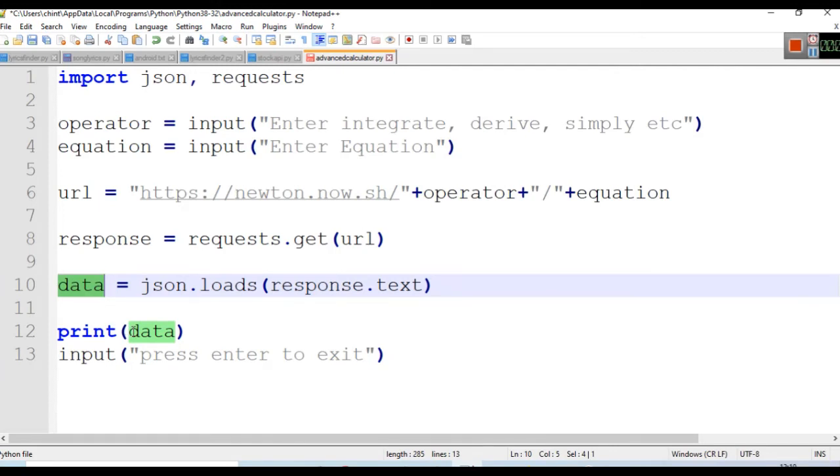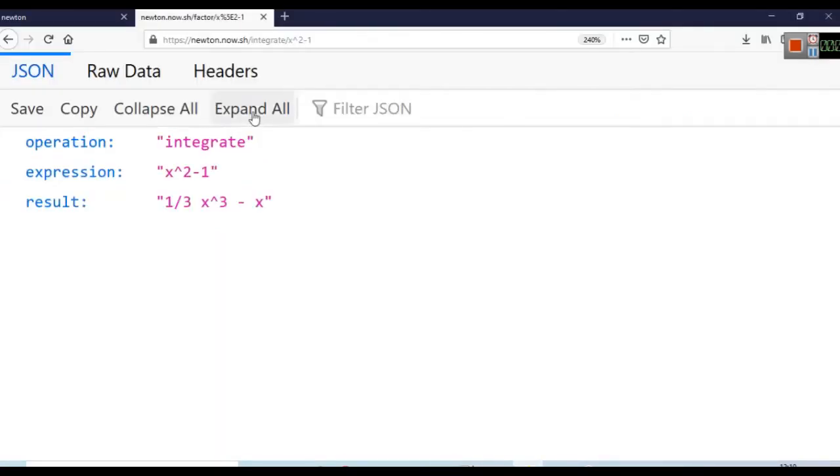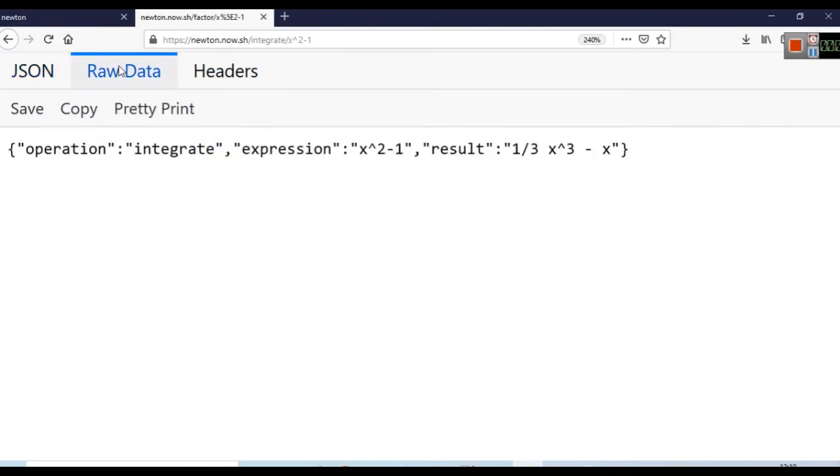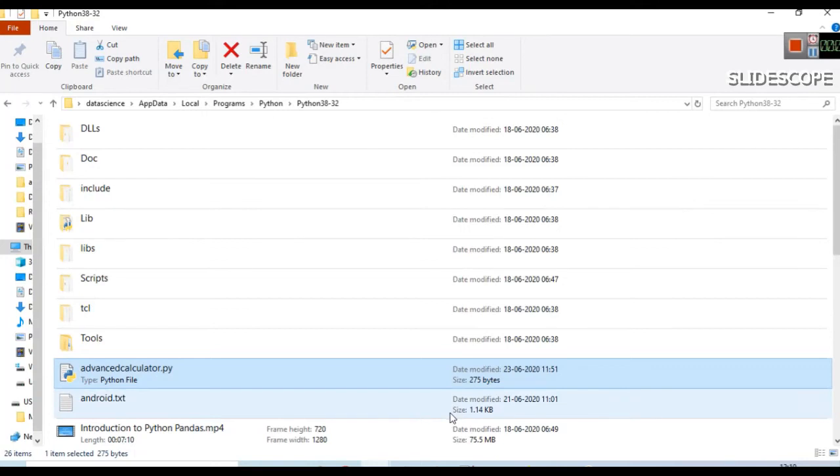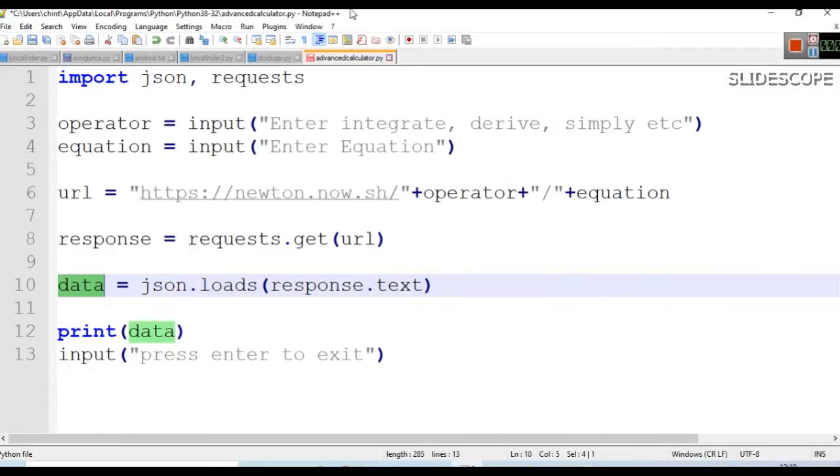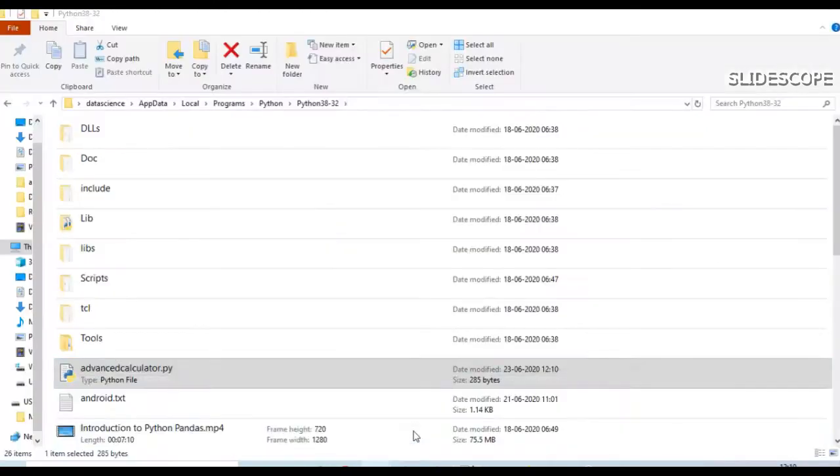Currently I am just printing the dictionary first. I am printing this dictionary because I want you to see the result. Again, the result will be nothing different from this raw output here, but it will at least verify that we are doing the correct thing. I have saved this file as .py, which will make it an executable file, and wherever you have saved this file, you have to go to that folder location and double click that file.